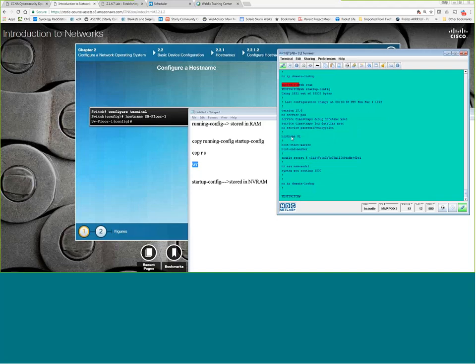Months down the road, the power knocks off, and then suddenly a part of the network is no longer reachable, and it's just because they forgot to save it. So I can do a copy running config to startup config. If I do this and do a show startup,